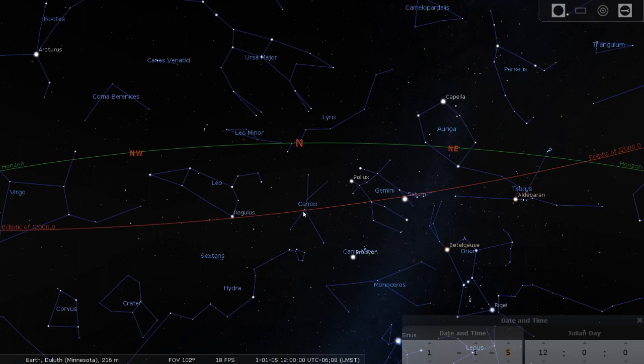So Cancer is actually a crab. I can imagine there's a circle here, and then his crab claws and legs. So Hera, who was the wife of Zeus, wanted Hercules to lose, and so she sent little Cancer the Crab to go and nip at Hercules' heels, hoping that it would distract Hercules and Hercules would get eaten by the Hydra. Unfortunately for Hera and Cancer the Crab, Cancer got stepped on by Hercules, and Hercules was able to defeat the Hydra.